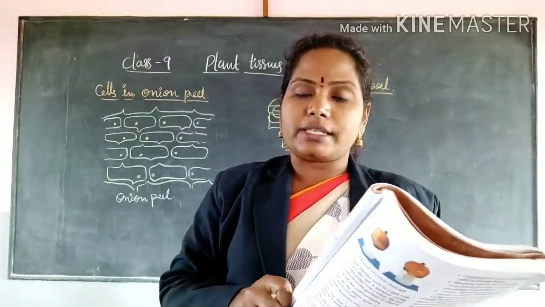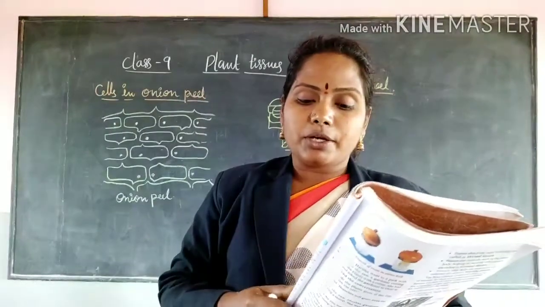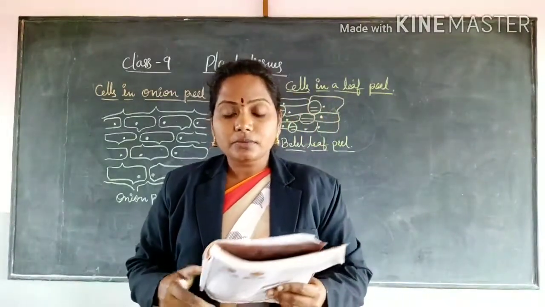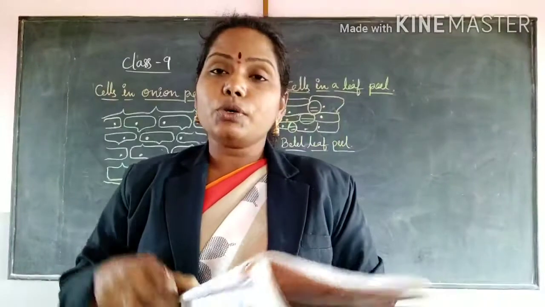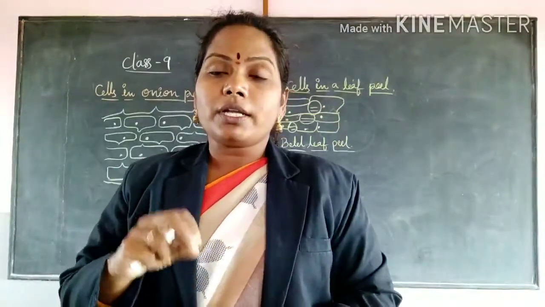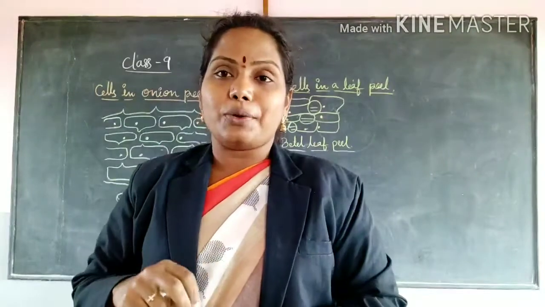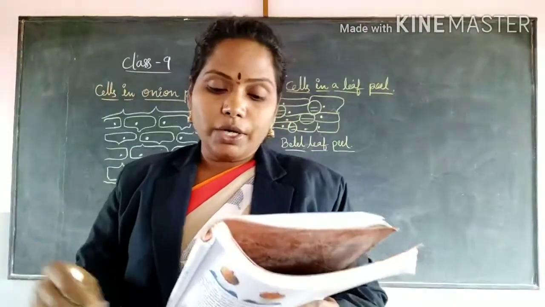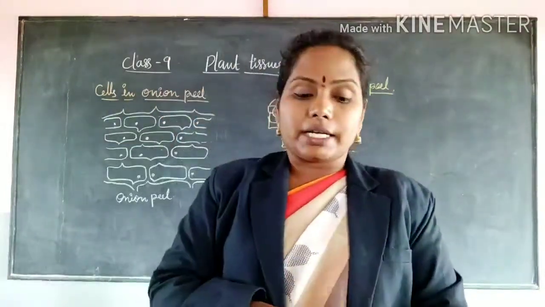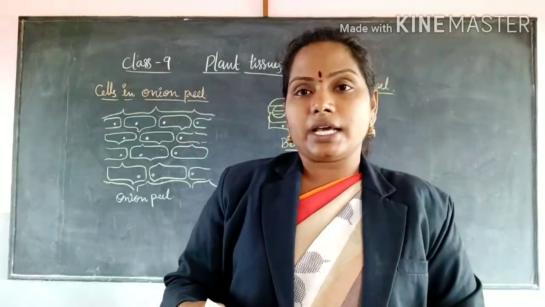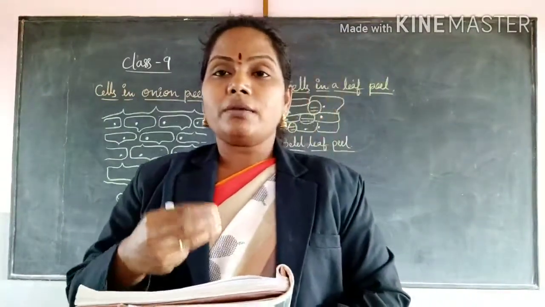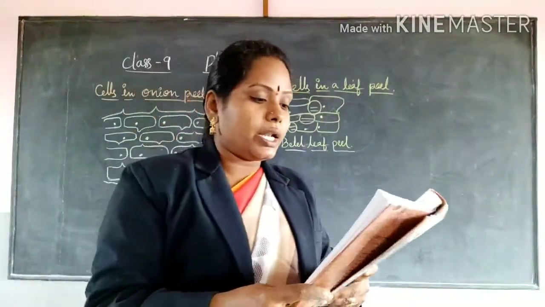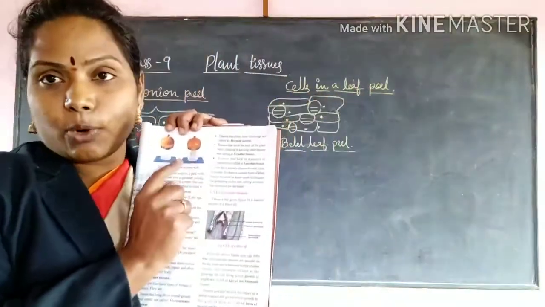Did all the roots grow in the same manner? What happened to the roots which had been cut off? That you have to observe here. You have to do this experiment at your home. The observation under the microscope you can't do at home, but you can see the growth of roots in the onion bulb. Here you can see that the growth of roots is different in that onion bulb, not the same size of growth. We have given the picture about this one.